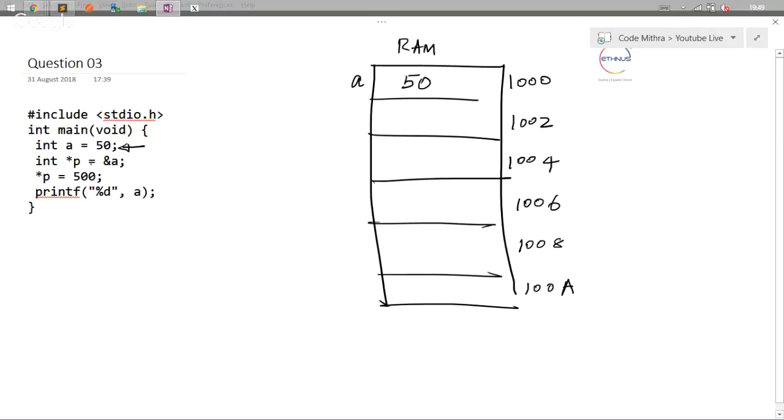Now pointer p equals ampersand a. So I've got a pointer here. I want to create a pointer here, and then I want to say pointer is going to point towards a, right? So find out the address of a, because what we know by seeing ampersand is this is nothing but address of a. So what is address of a? Address of a is 1000. So pointer is going to have value 1000 in it,